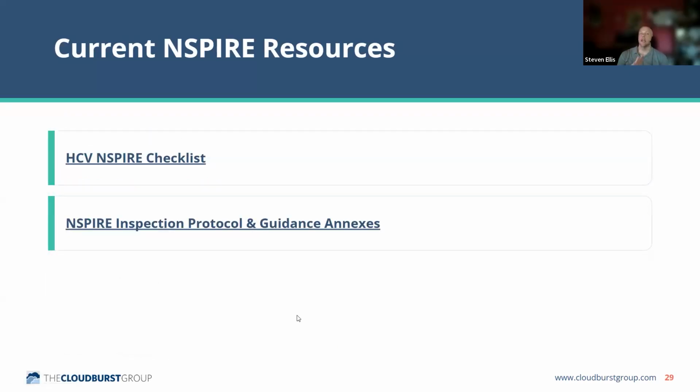One thing I'll note is that there is likely not to be an NSPIRE checklist from HUD. There's an HQS checklist because the HCV program and public housing must use it. The housing authorities are going to have to use an online resource for NSPIRE because it will automatically be uploaded to PIH programs. So there may not be a HUD-approved checklist for NSPIRE that ever comes out, but there is a TA-created HCV NSPIRE checklist that you can look at that will give you a sense of what any checklist might look like.